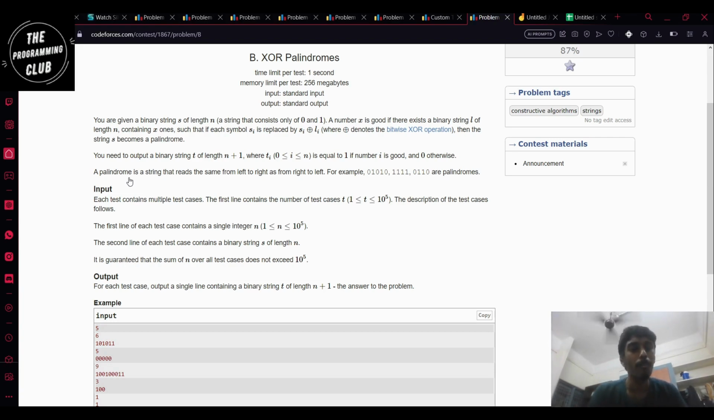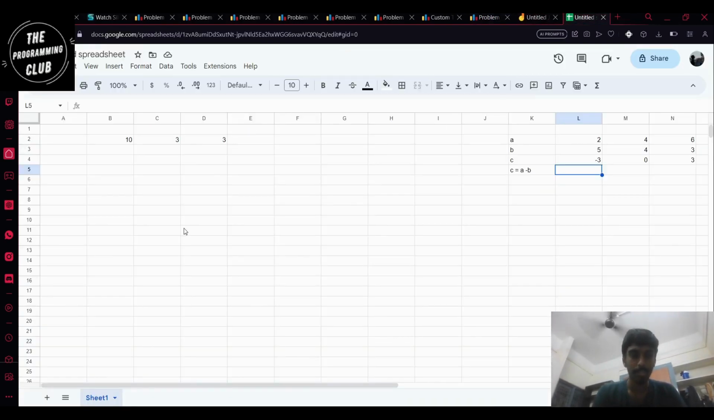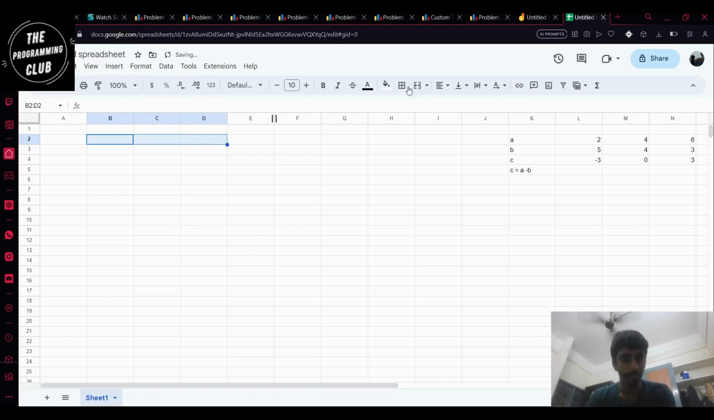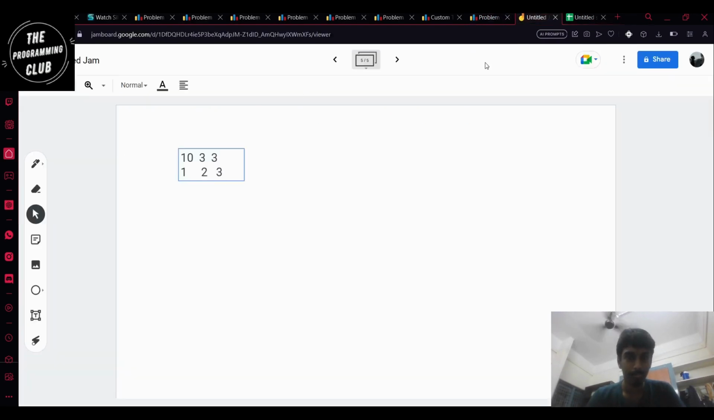You need to output a binary string T of length n plus 1, where Ti is equal to 1 if i is good and 0 otherwise. So let us think, what is the minimum number of ones that we need in L? Let us see. Let us take an example and observe. If we have the first example 1 0 1 0 1 1,